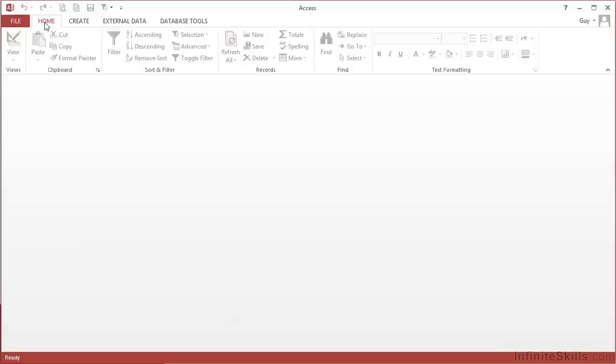Now, in order to have a database, we need to create a receptacle. That receptacle is referred to as a database file. Now, in Access, to create a database file of your own from scratch without using the wizard, we simply go